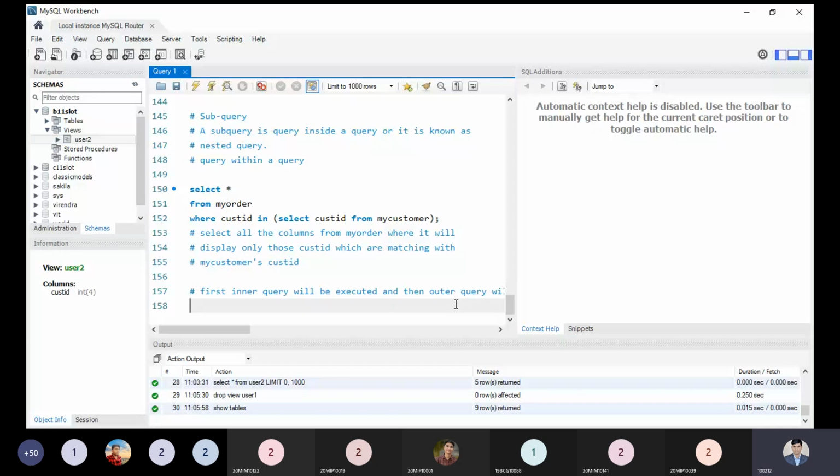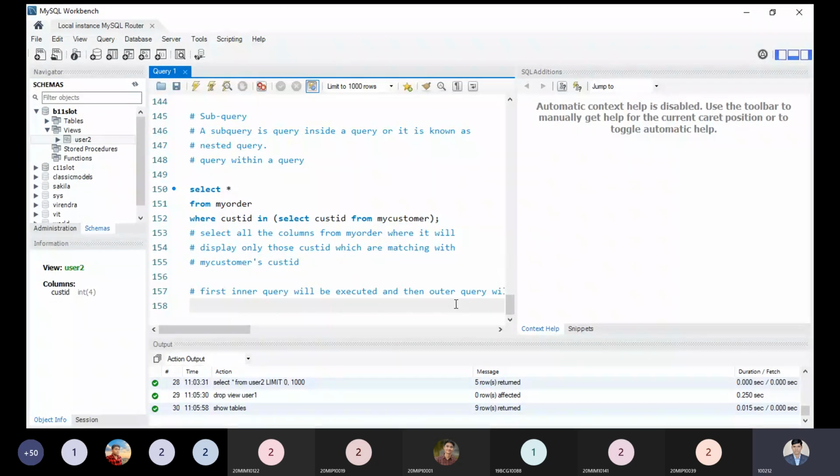It will display all the customer IDs inside my customer table. From my customer, we have 4 records, so the 4 customer IDs will be selected. Then the outer query, select star from my order where customer ID in, will check each and every customer ID which is matching with the customer ID from my customer as well.